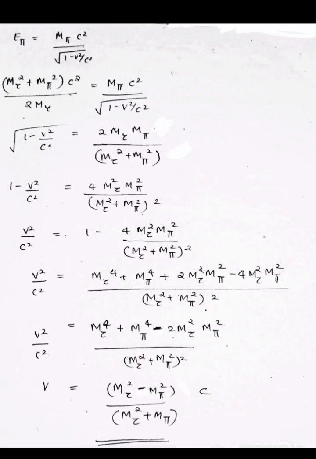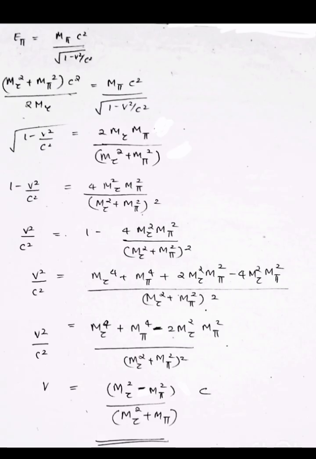We also know that E pi also has the value (m tau square plus m pi square) c square divided by 2 m tau. Equating these two, we can write (m tau square plus m pi square) c square divided by 2 m tau, which is equal to m pi c square divided by square root over 1 minus v square by c square. So we can write square root over 1 minus v square by c square is equal to 2 m tau m pi divided by